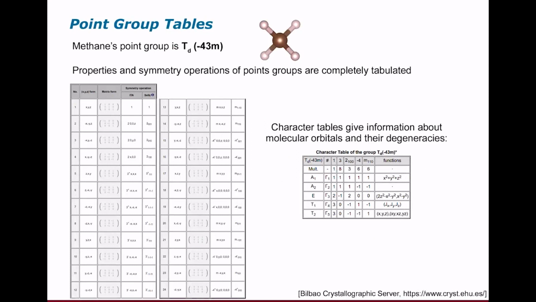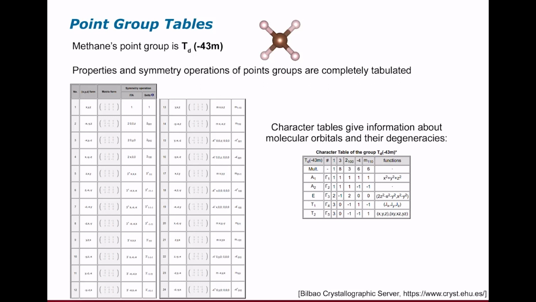Yeah. So it's what you explained with -43m. This is the physical representation. T sub D is the chemical representation of the same thing. So chemists came up with a much shorter version of the names. As physicists, we know the -43m. But remember, O sub h, T sub d, these are the chemist notations, which I don't know exactly what they mean. But if you look even on Wikipedia for the chemical notation of the point groups, there is a